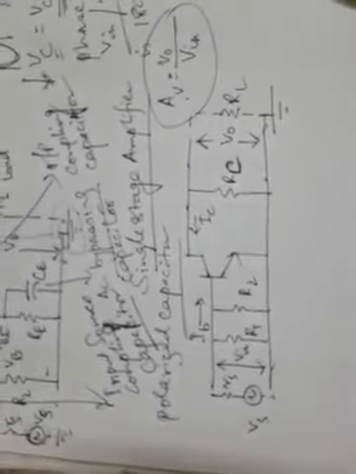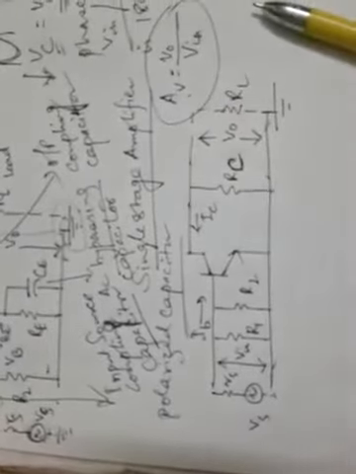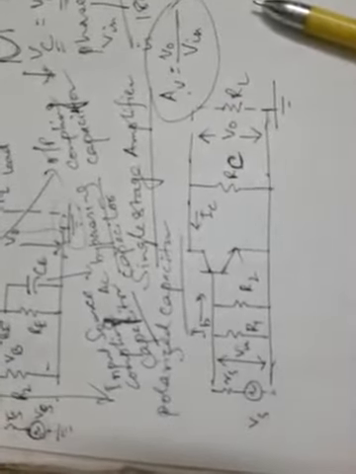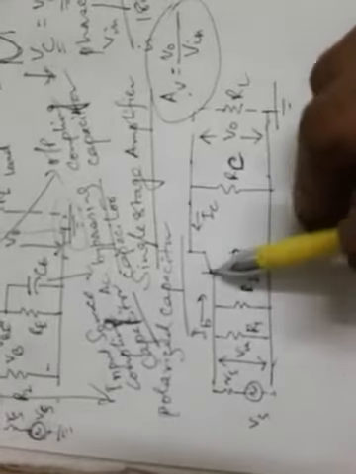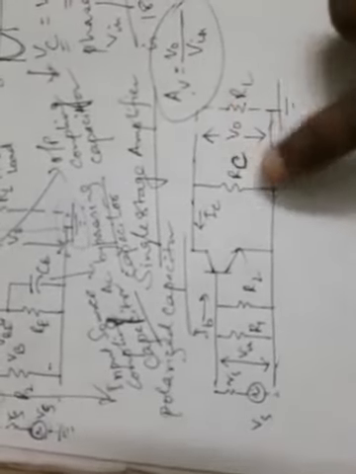So this is the AC equivalent circuit. You can see that all capacitors are shorted, and also the VCC has been shorted because of its constant nature. So R1 is connected between the transistor base and the ground. R1 and R2 are parallel, and similarly RC is connected across the collector terminal and the ground. Now when an external load resistor is present, RC and RL are in parallel. So this is the AC equivalent circuit of the above configuration.